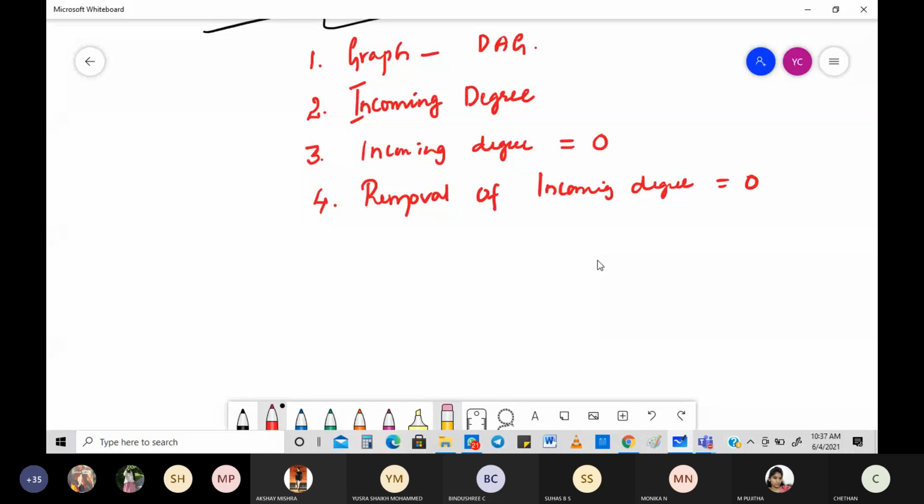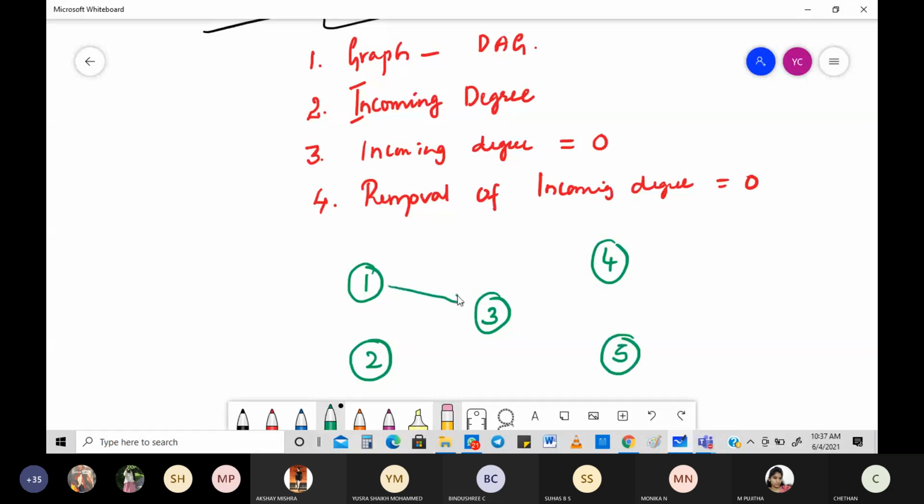So let's take this example. We'll take one example and figure out the first step. What is the example? Nothing but a directed acyclic graph. But you should not just believe me when I say acyclic graph. You should yourself see whether it is an acyclic graph or not. So 1, 2, 3, 4, 5. There are 5 nodes here. And of course, it should be a directed graph. So this is how a directed graph looks. You can see very clearly how the directed graph is.